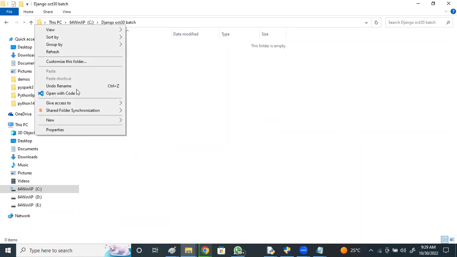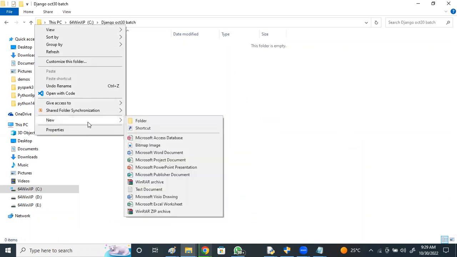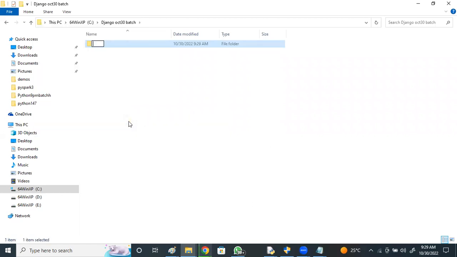I'll create a folder called Django October batch, and within that a new folder, HTML, where I'll store all the HTML documents.